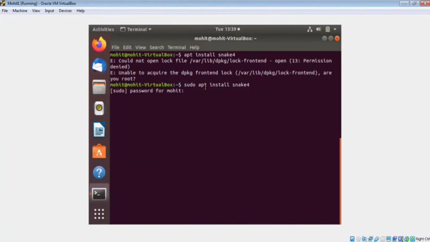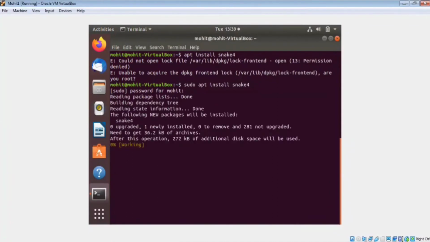And now it's asking for your password. Type your password over here, then press enter. Now it's reading package lists, done, building dependency tree. Wait for a minute or two.